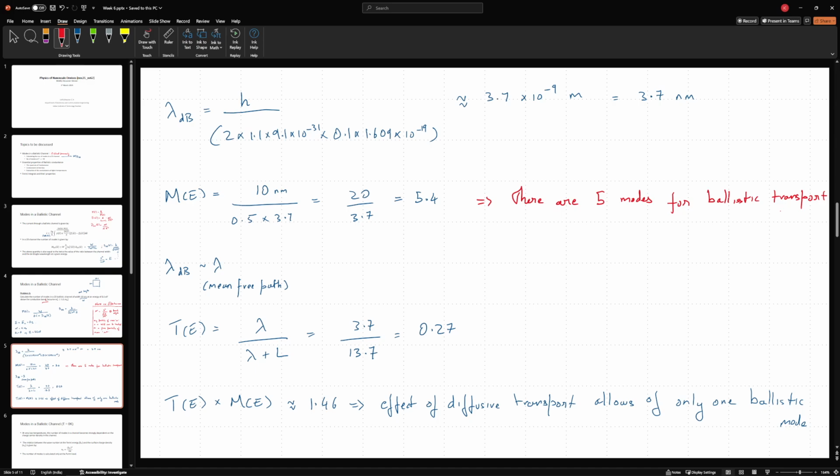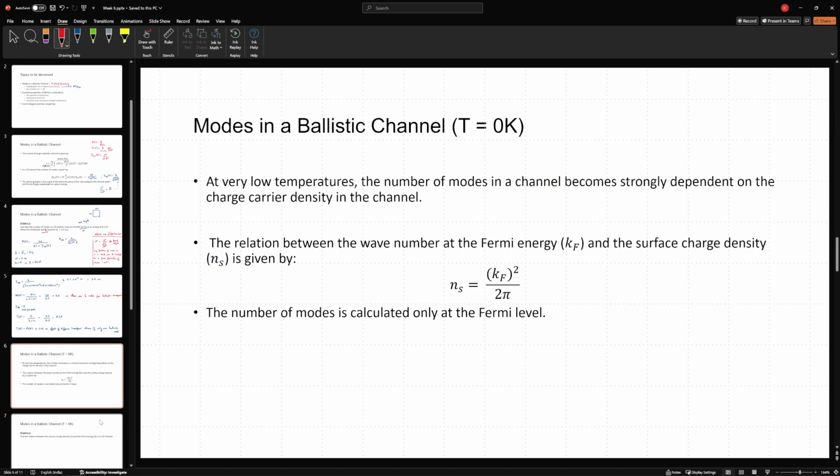So 5 nanometers or even some below 5 nanometers is where ballistic transport becomes really dominant. Between 5 to 10 nanometers, a good fraction of ballistic transport can be observed. So most of the relationships that we derive here will hold to an approximate extent for channel lengths between 5 to 10 nanometers. Okay, so